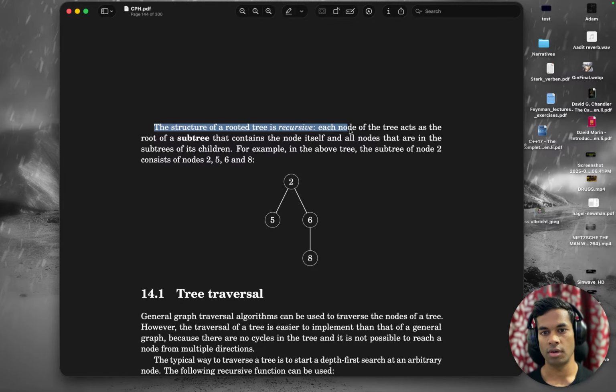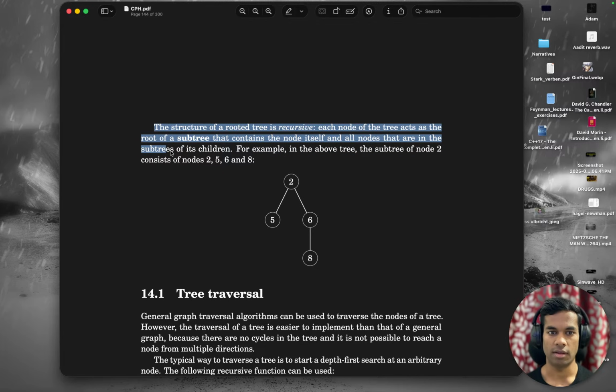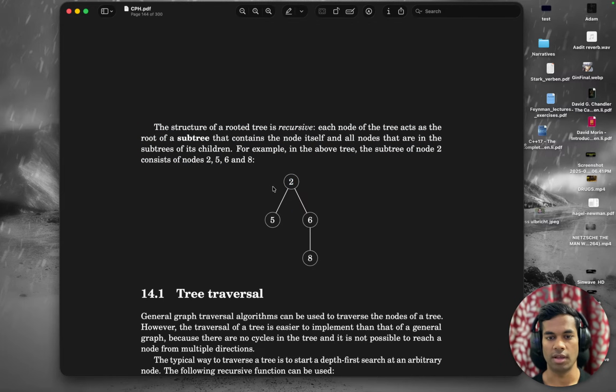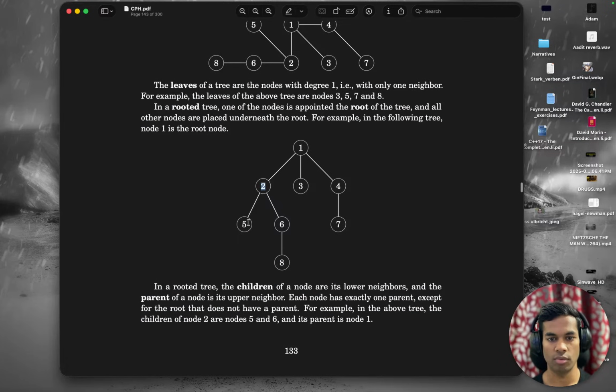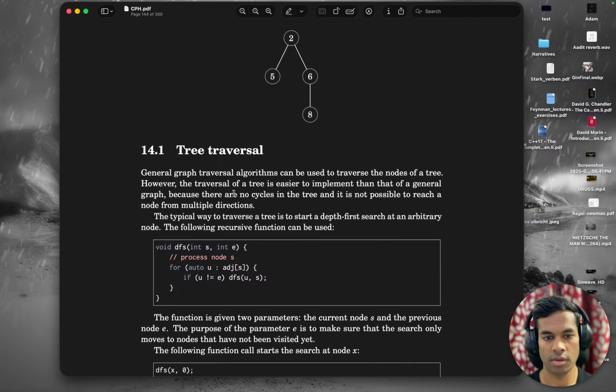Each node of the tree acts as the root of a subtree that contains the node itself and all nodes that are in the subtree of its children. For example, here we can have a subtree which starts at 2, which has 5, 6 and 8. Now tree traversal. How do we traverse through a tree? DFS says,